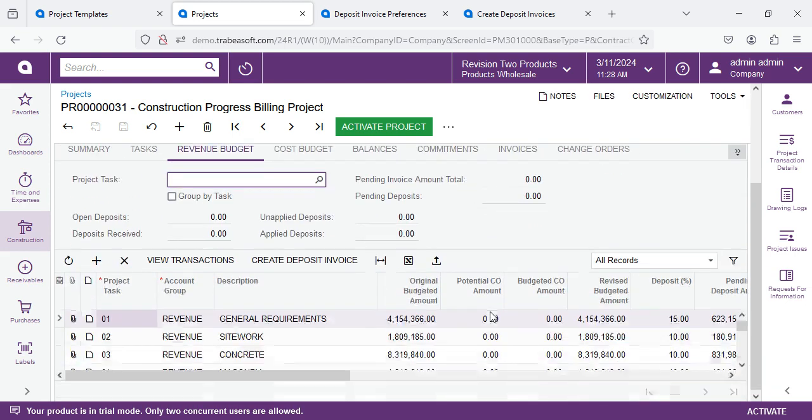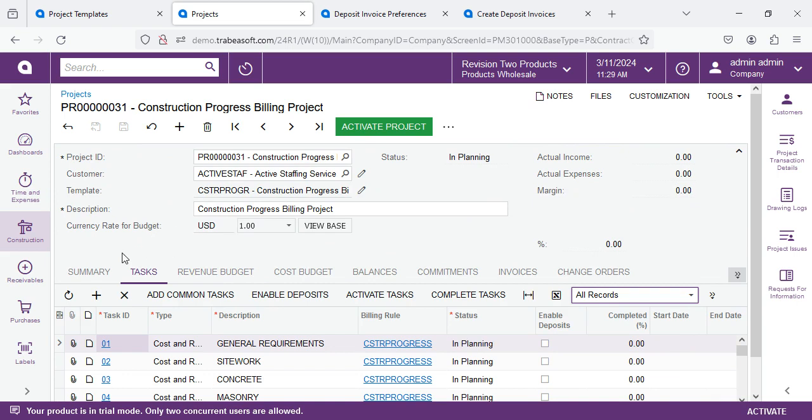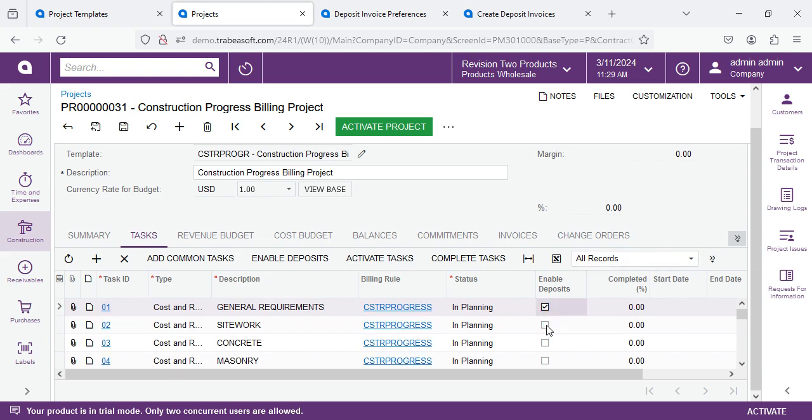And if we go to the revenue budget, it also inherited those lines, so the 15 from the line on the template as well. So we're first actually going to go to the tasks. We've got an enable deposits field here, and I'm going to go ahead and check that for the top